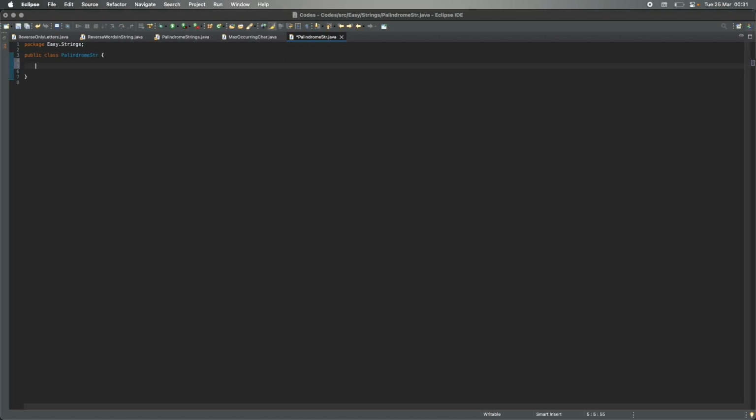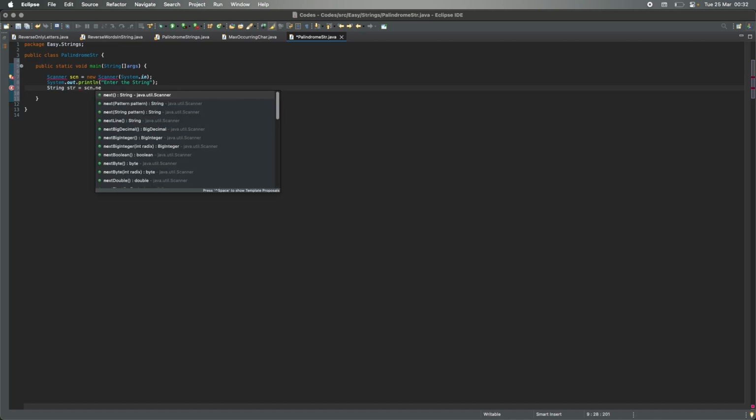Palindrome string. So first we'll declare our public static void main. We'll take the input from the user from here, Scanner with System.in, and print "enter the string". str is equal to scn.nextLine,